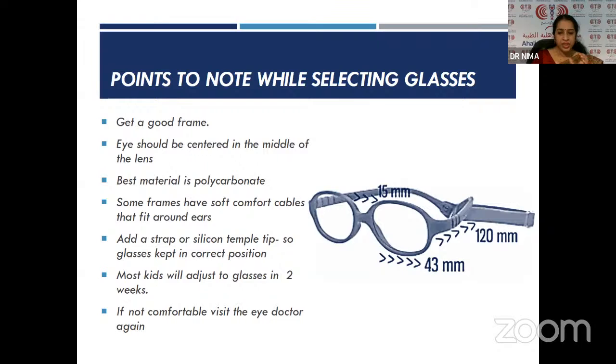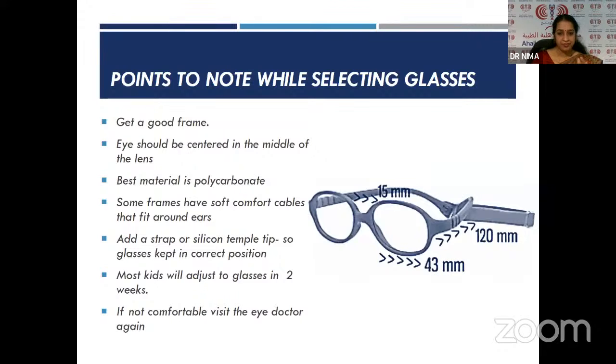And the majority of the kids will adjust to their glasses within 2 weeks. Initially, if they are just starting to wear them, and if they are very small, I tell them to make sure they are wearing glasses a minimum of 4 hours in a day. And if they are wearing them all the time, that is well and good. Otherwise, don't compel them. Give them some time.